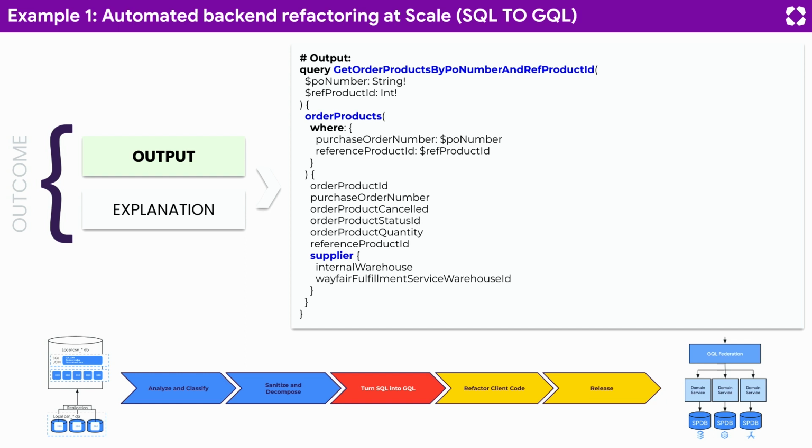So what we really want is this output that the model produces, and this is just going from SQL to a federated graph query. But the one thing I want to call out is you notice that it took all the knowledge about what the ecosystem was, and it transformed all these references. So OPPSID becomes order product status ID, and order product quantity,